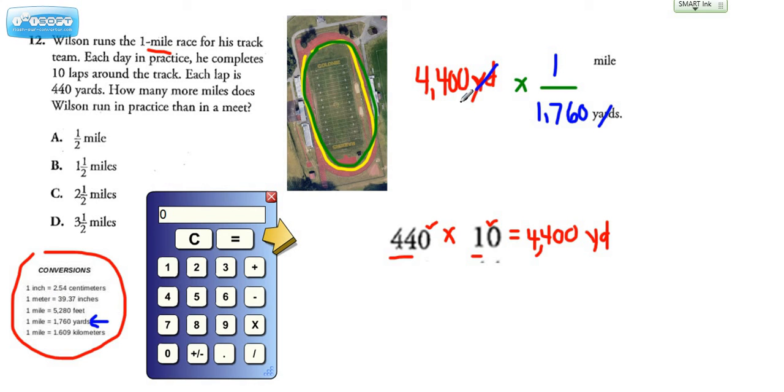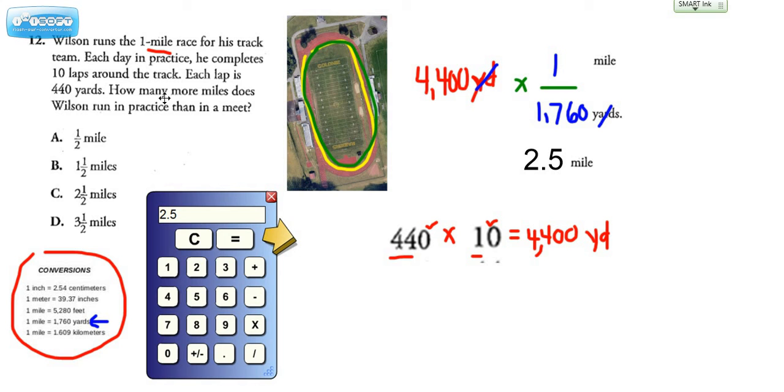All right, so now we have our calculator. Let's use it. We're doing this divided by this. 4,400 divided by 1,760 equals, and we get this. So that's 2.5, and that ends up being miles. All right, now that's not the answer. They do offer that as a choice, and a lot of people are going to fall for that, but we're